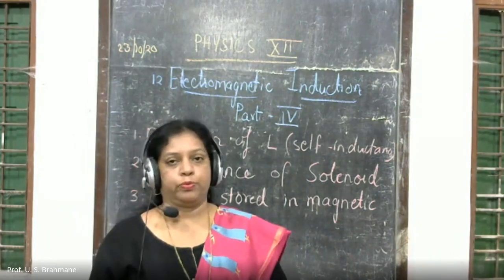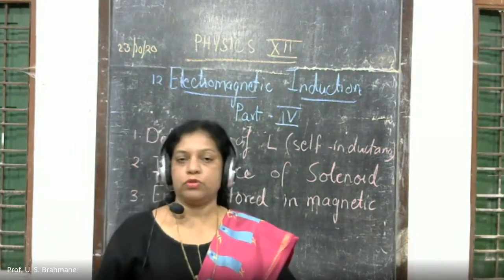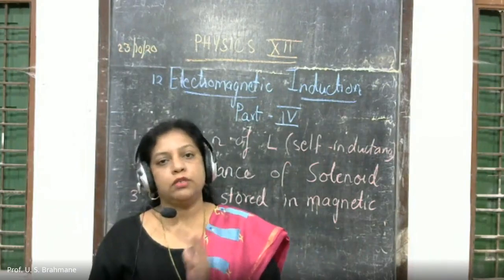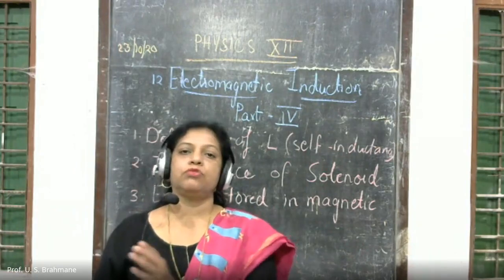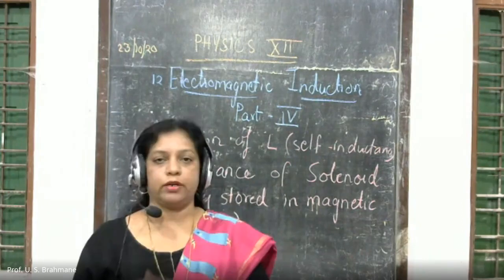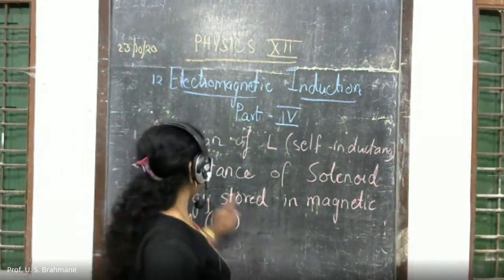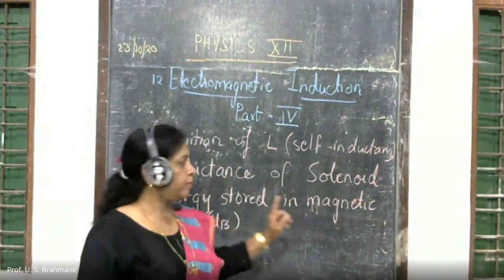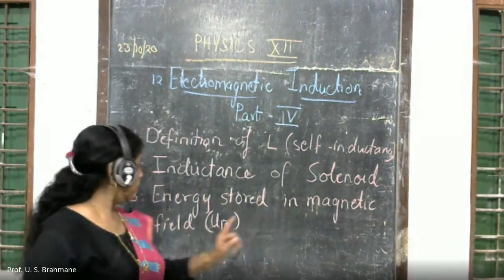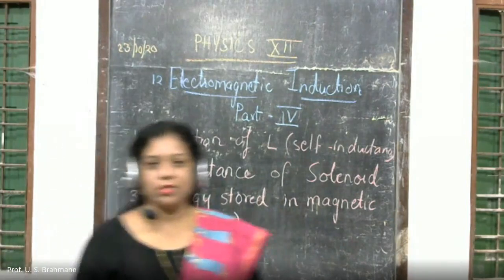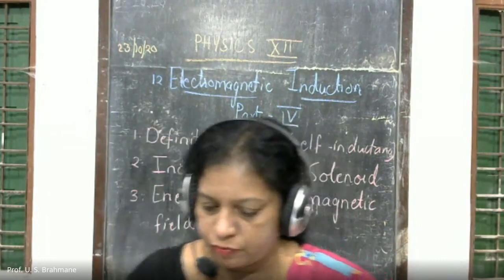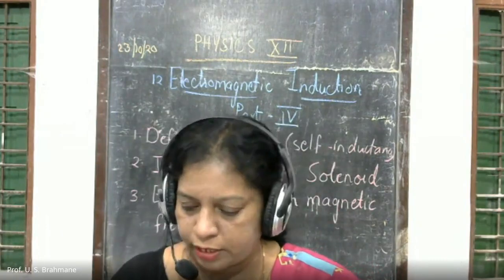In the next lecture, we are going to see that because of a change in the current in one loop, there is an induced EMF in the other loop, and vice versa. That we are going to see later on; that is mutual inductance. Then, second, we are going to see the inductance of a solenoid. Then, energy stored in a magnetic field. So these three points we are going to discuss, children. Before that discussion, we'll have a look at the PPT.